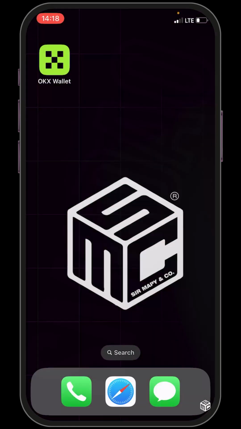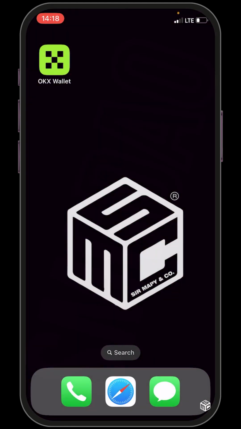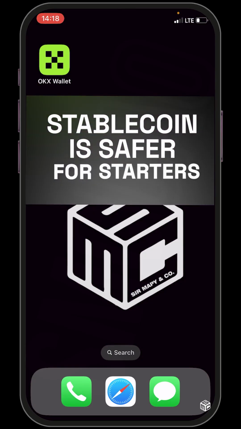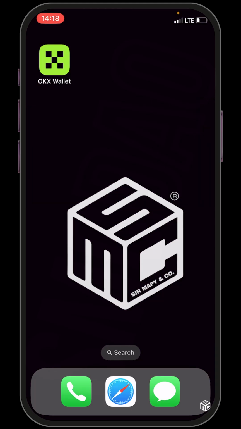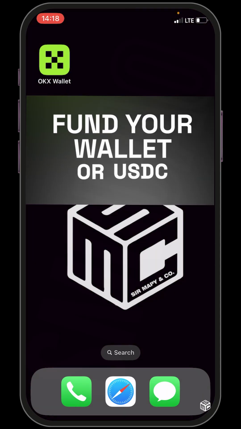So guys, first download your OKX wallet from App Store or Play Store, depending on the device you have, and set it up. To keep your risk near zero as a beginner, you are going to invest using stable coins like USDT or USDC. Unlike Bitcoin, which crashes up and down, stable coins are digital dollars. They are permanently tied to the value of the actual US dollar, meaning 1 USDT will always equal 1 real